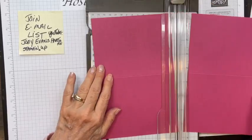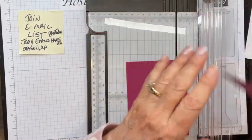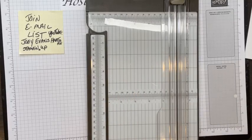And then I cut at 5 1/2. So then both of these cards are ready to go, and they're both scored already, and I can make 2 pretty much just as fast as I can make 1. Obviously it takes a little bit longer, but not super long. All right, then we're going to go to our